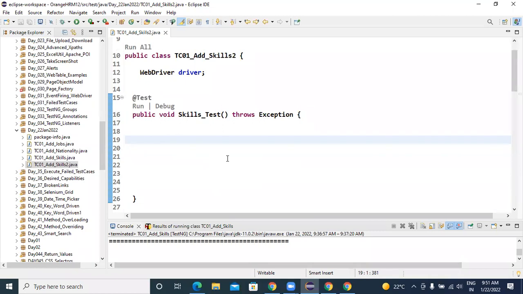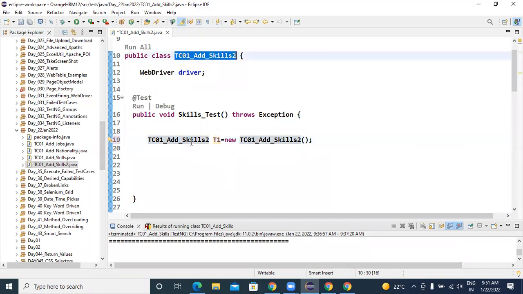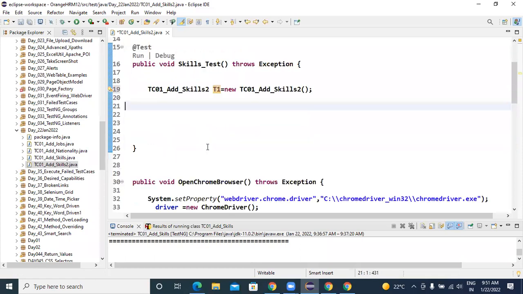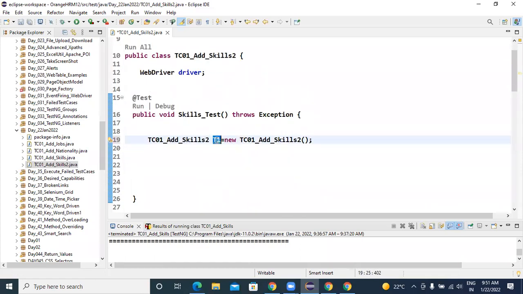So how to call these methods? This is my class name, and I'm creating an object for the current class. How to create an object? Class name t1 = new class name(). Here t1 we can call an object name. So for the class name, I have created an object named t1. And I want to call these methods, so t1 dot,